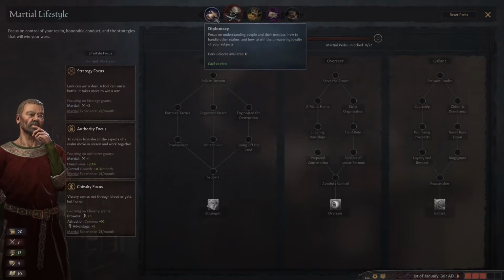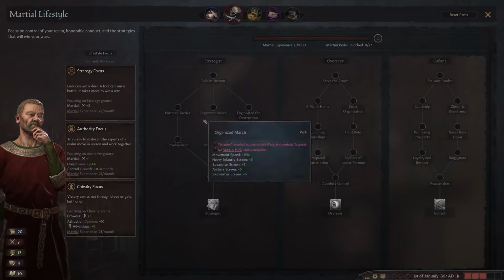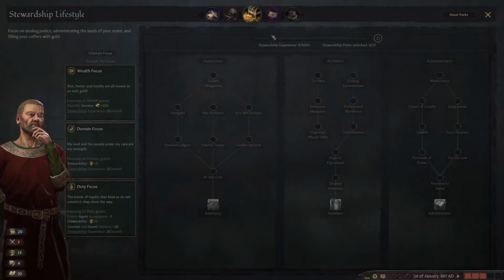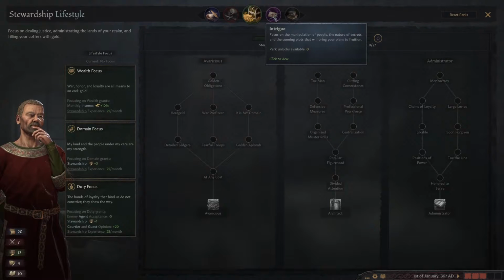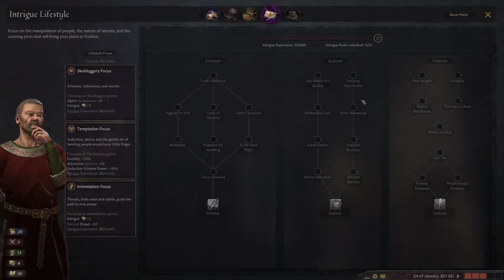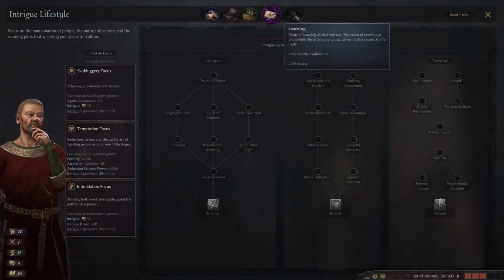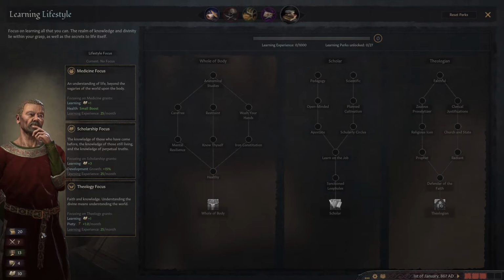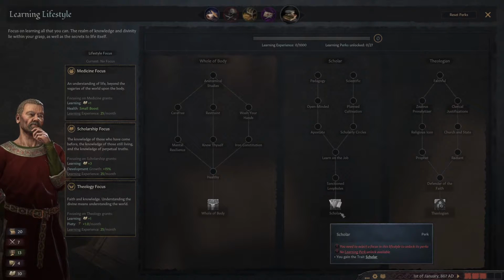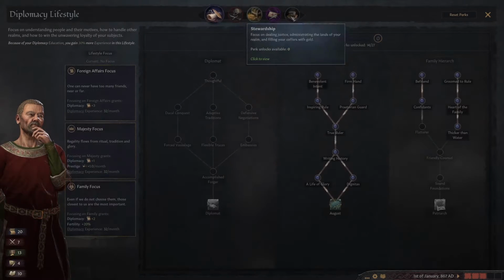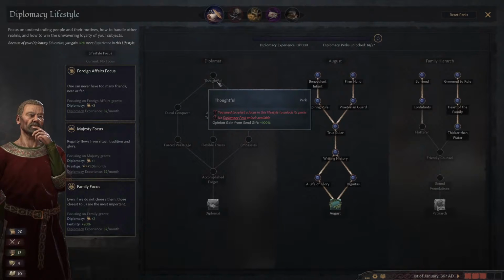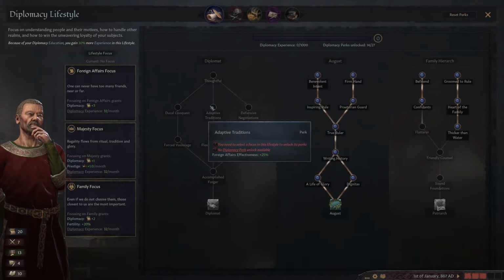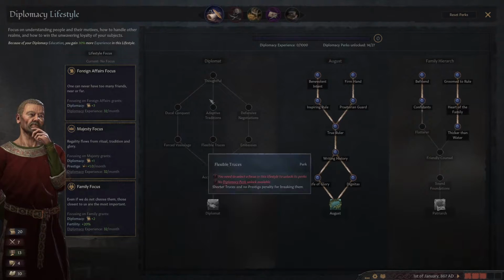Alternatively, we could ignore our diplomatic specialty, and we could work on becoming a strategist, or we could work on becoming an architect, and boosting up our economy. So these different tabs give us different sort of things that we can do, and sort of focus on our character. But I think maybe it does make sense to, I mean, being scholarly is quite nice for a number of different reasons. All of these are fantastic. They're all incredibly strong. But I'm actually wondering if,